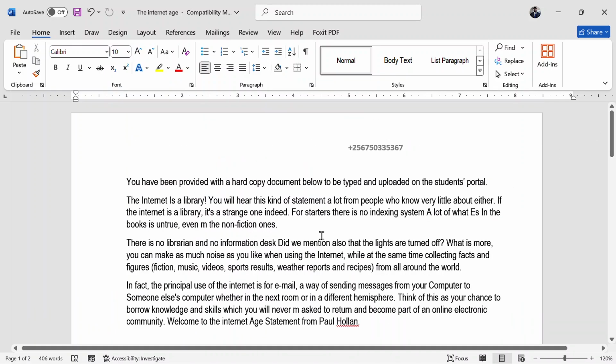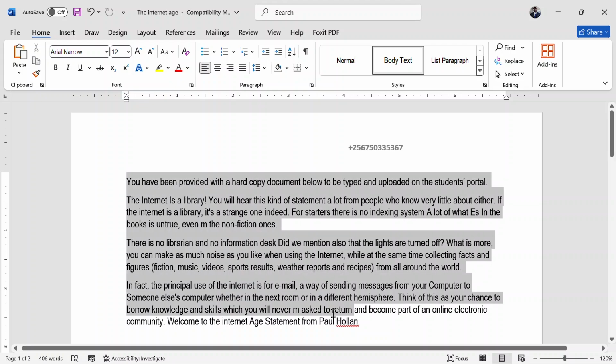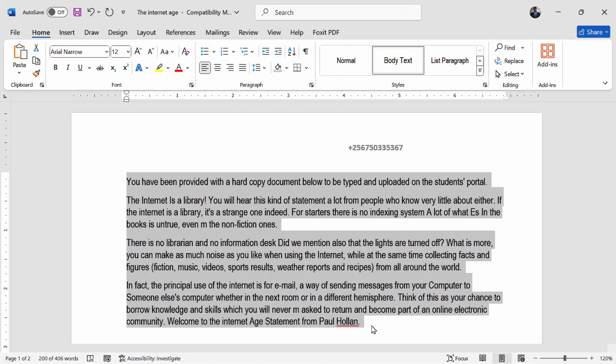Let's quickly dive into it and see how it works. I'm going to use the same text, but I'm going to copy it and put it in a new document. And from there, we can see how the section breaks work and what they can do for us.